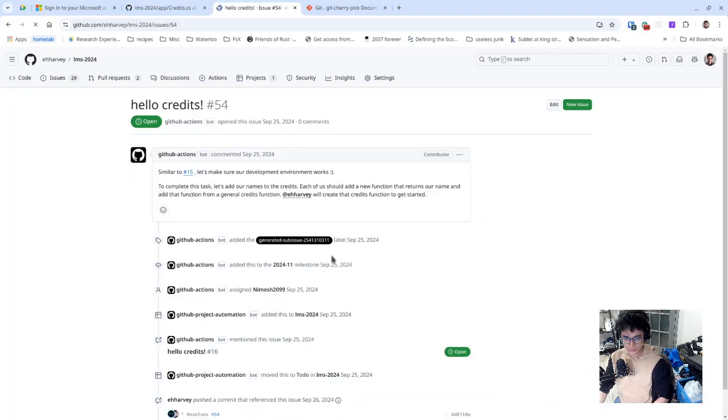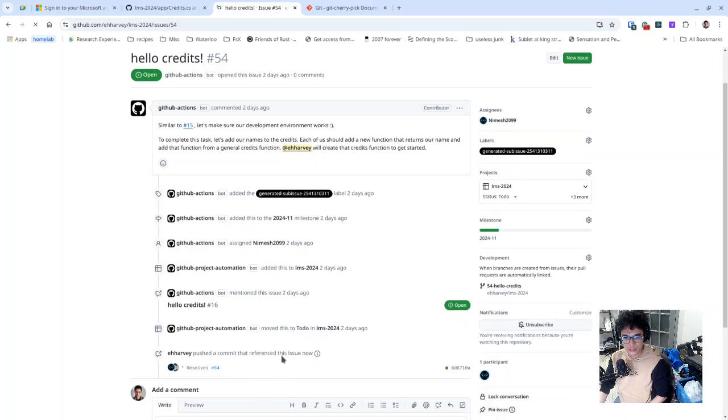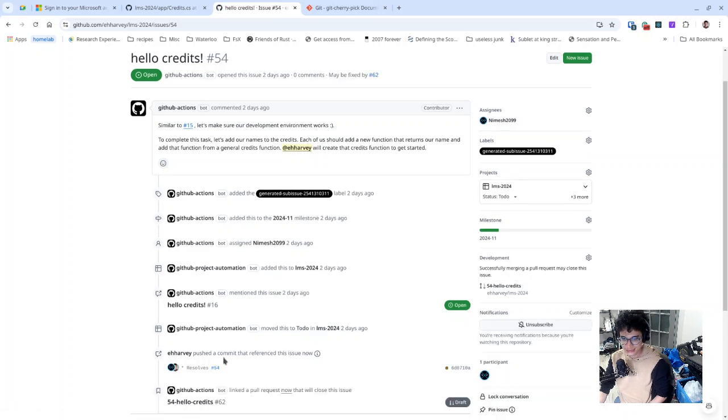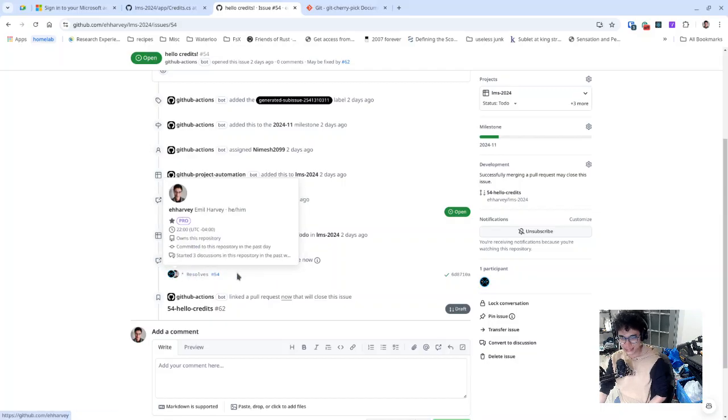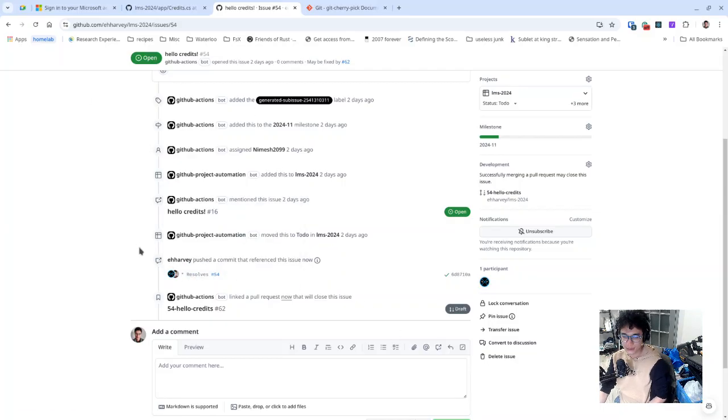And if I refresh, you can see that I push a commit that references now. The thing I also want to highlight is that one, the commit hash changed, and two, the author is retained. So this is the helpful thing with cherry picking, is that it still retains the authors as much as it can. I think in this case it does a little co-author moment, but this is still helpful